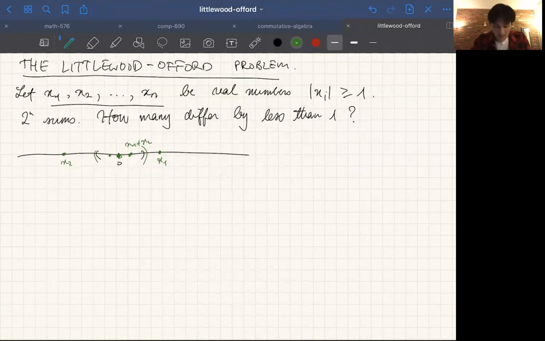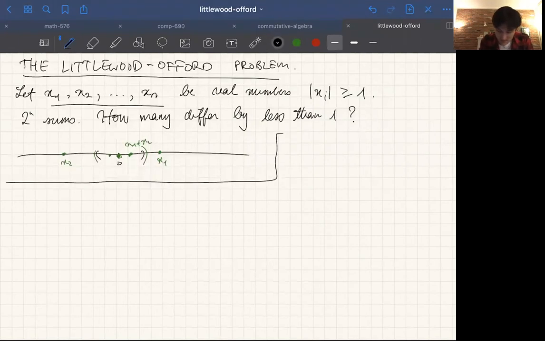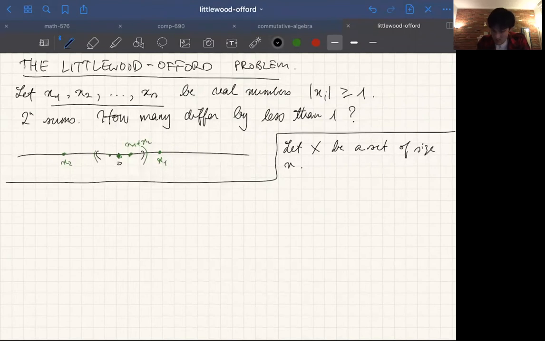Okay, and so to solve this, we actually need something completely different, some notions about chains and antichains in a partially ordered set. So we're going to talk about something completely different now. Let X be a set of size n. When I have a set of size n, it's easier to just make the elements 1 through n. So I'm going to say that X is equal to 1 to n,